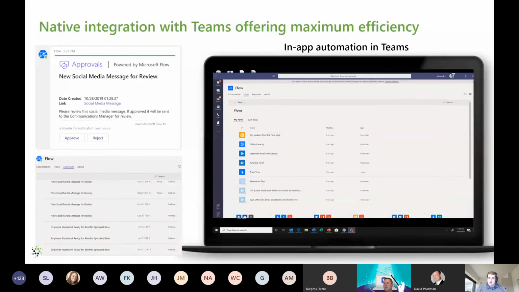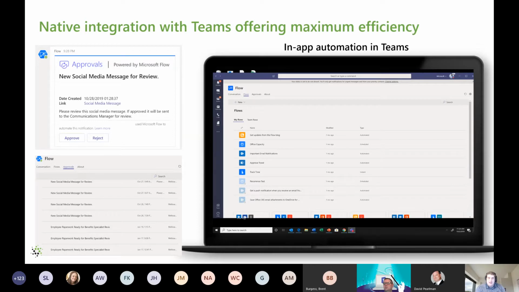As you can see on the screen, the app for Flow in Microsoft Teams is super useful. It really looks a lot like Flow in the browser, and that experience is consistent for a reason. It's designed to be like that for a reason, but you can see all of your flows that you have. You have a tab specifically for any approvals that you have. So again, a centralized place for that if you're managing many processes or many flows and you need to manage approvals at one place, you don't have to leave Teams to do that.